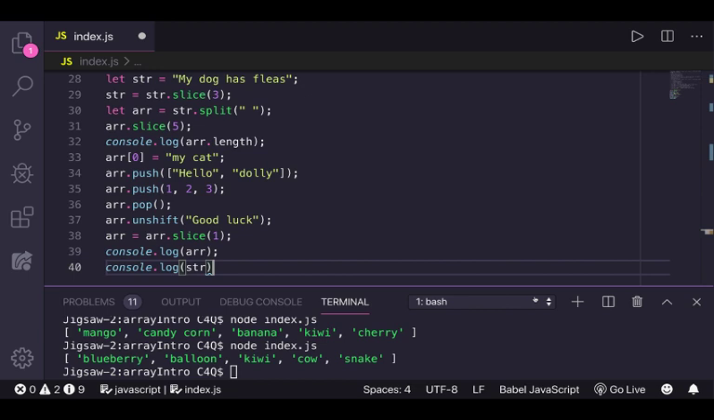Which one you got? What's the first console login? Okay. What's the second? The second login is